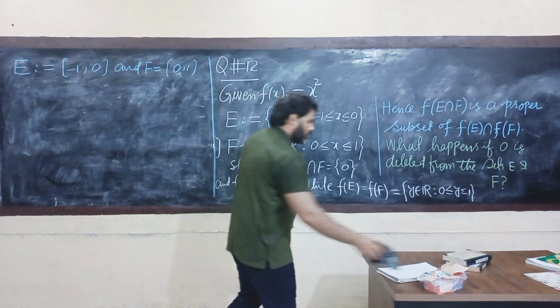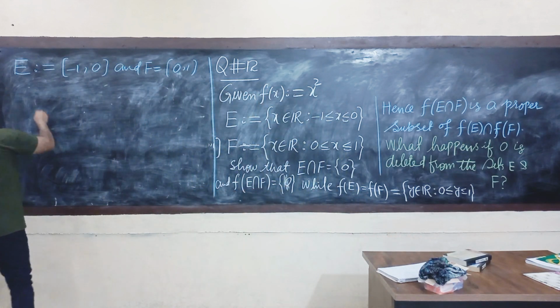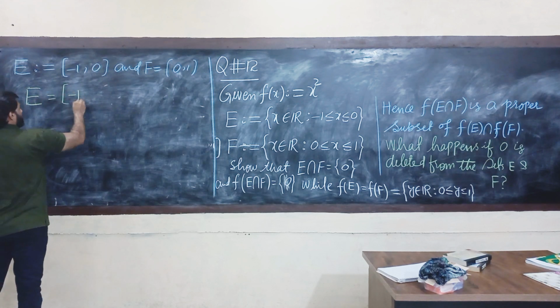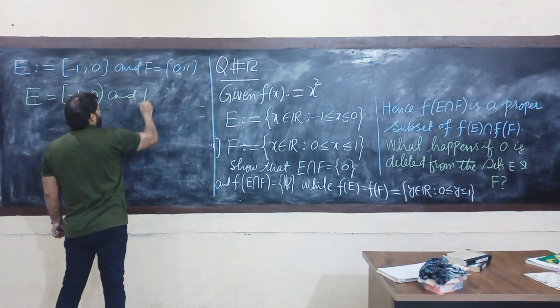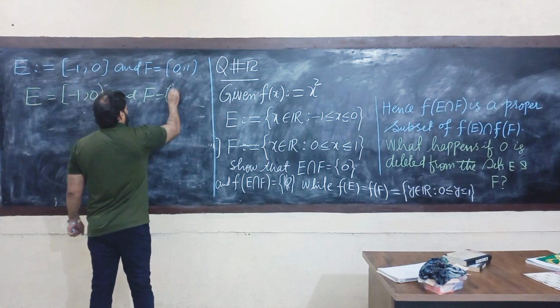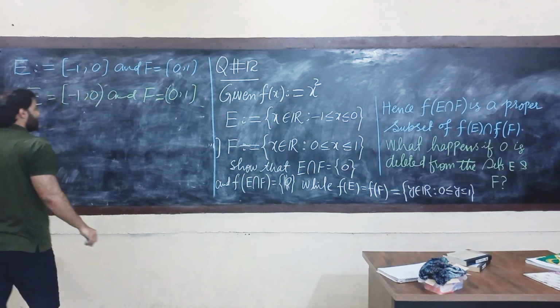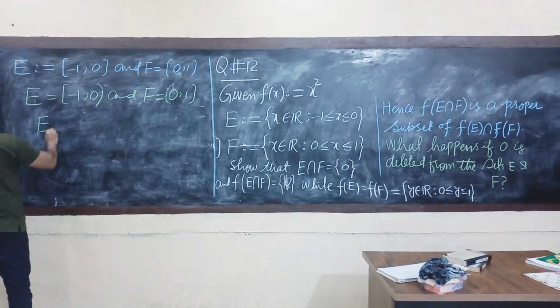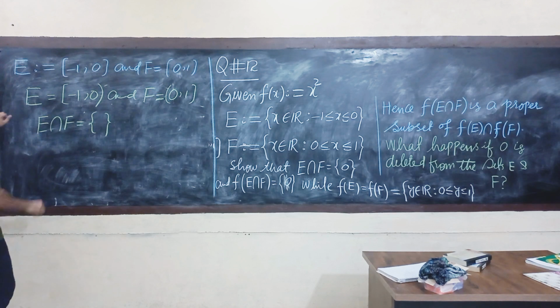If we delete 0 from this set E and F, then our set E becomes -1 to 0 open, and similarly our F becomes 0 open, 1 closed. Now in this case, the intersection of E and F is empty, and the direct image of this set